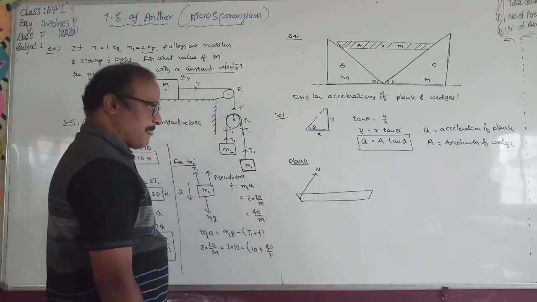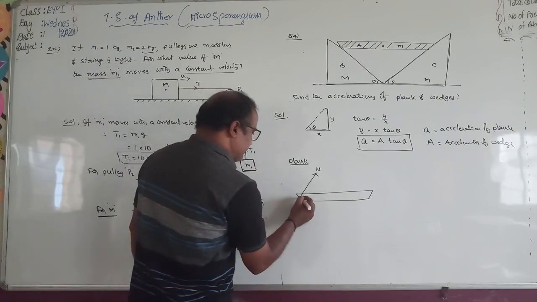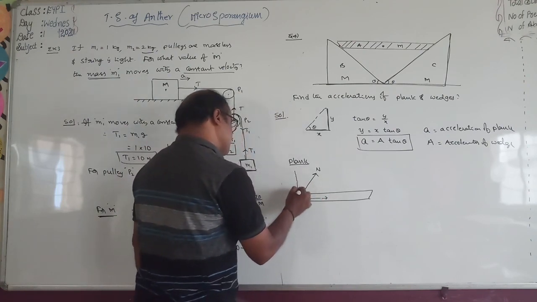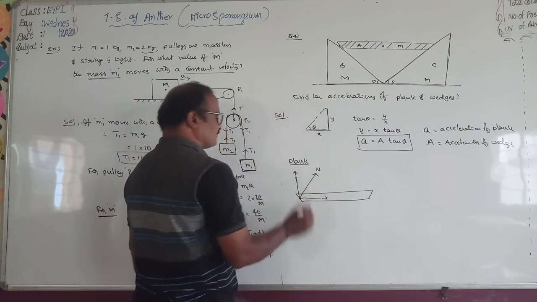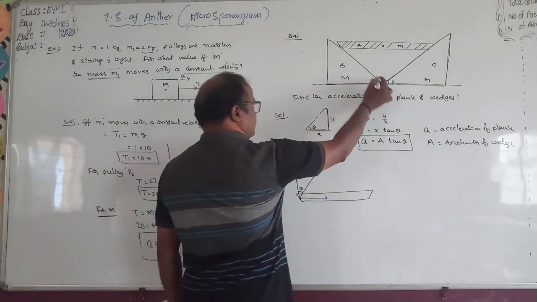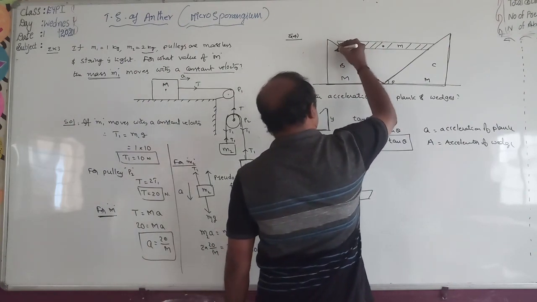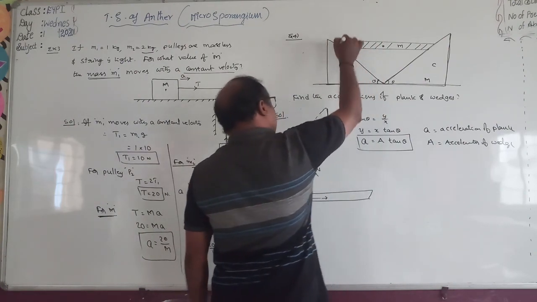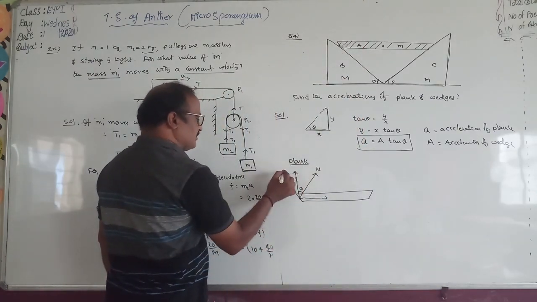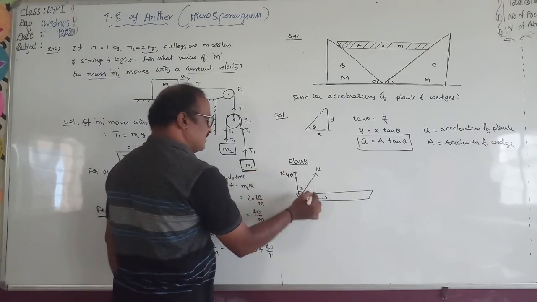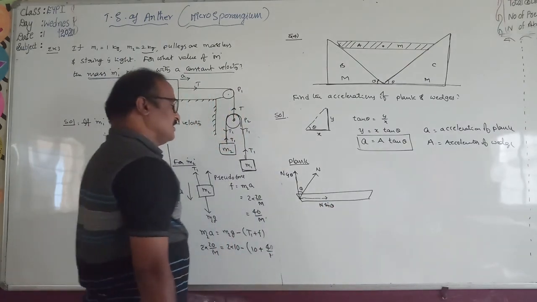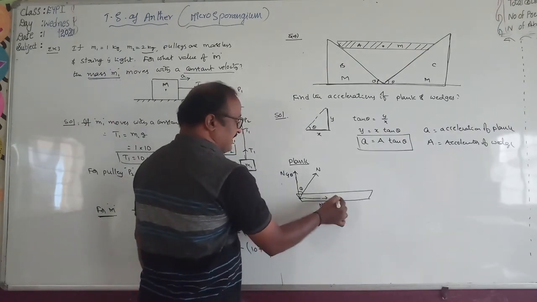It is the normal reaction, and it can be resolved into two perpendicular components, one along this direction and the other along this direction. Observe this angle: it is theta, with the normal reaction drawn perpendicular to the surface. The component of N along this direction is N cos theta, and along this direction is N sin theta. And the weight of the plank is